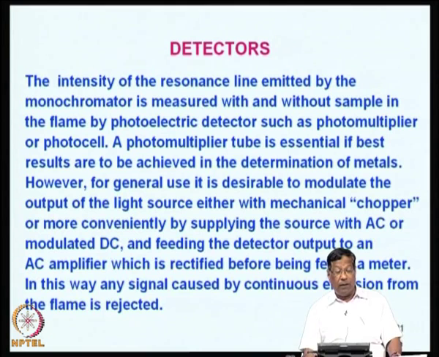However, for general use it is desirable to modulate the output of the light source either with a mechanical chopper or by supplying the source with AC and or modulated DC,